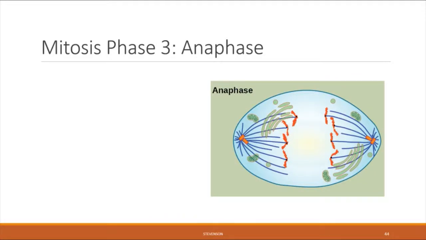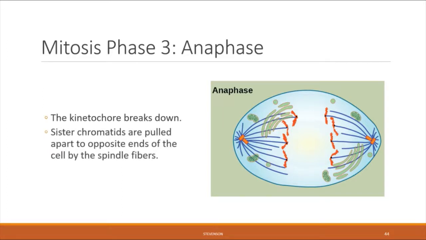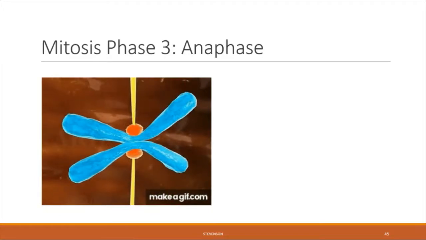Now the next phase, the third phase, is called anaphase. And it is during anaphase that the kinetochore, the component of the centromere, which is attaching those chromosomes to the spindle fibers, partially breaks down and allows the two halves of the chromosome to separate. These two halves, the sister chromatids, are then pulled by the tension of the spindle fibers to opposite ends of the cell. Here again we see an animation of this happening,